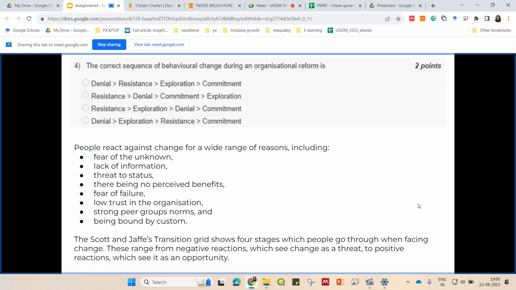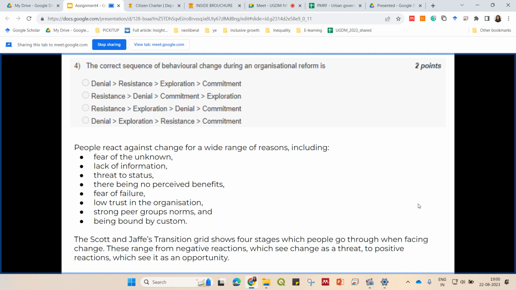So the thing which you need to know here is that people are an integral part of the organization. Organization is formed with people as its units, and whenever an organization faces some kind of reform or some kind of change, there is always a possibility that people can react against the change for a wide variety of reasons. These reasons might include that they fear what is coming with the change, so the fear of the unknown. This might happen because they have a lack of information about how the change will occur or how the change can influence them,